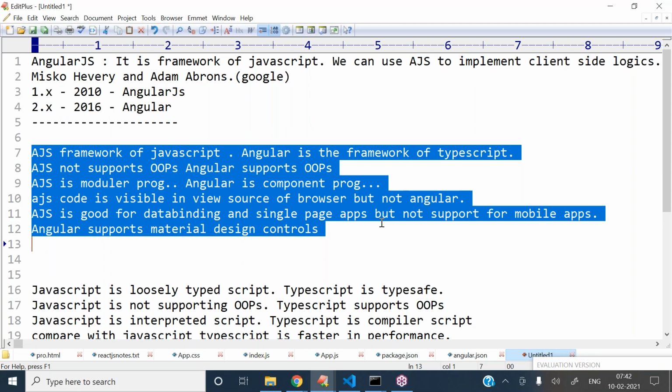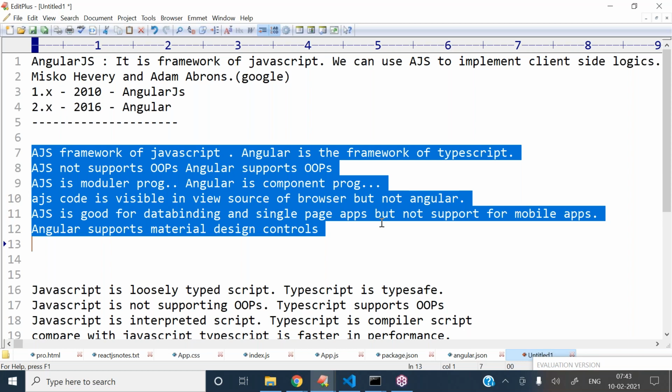And programming-wise, compared with JavaScript, TypeScript programming is very simple as I told you, so Angular programming is very simple compared with AngularJS programming.